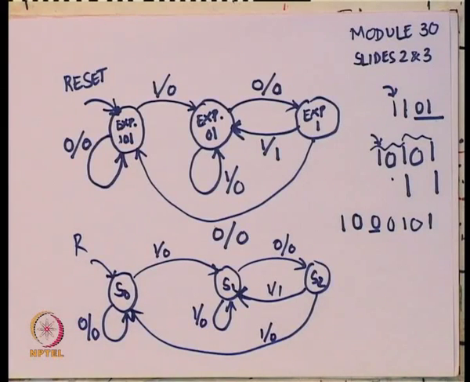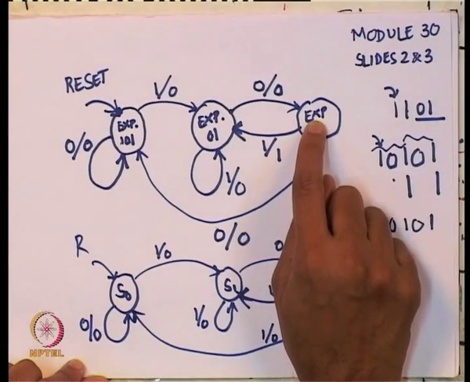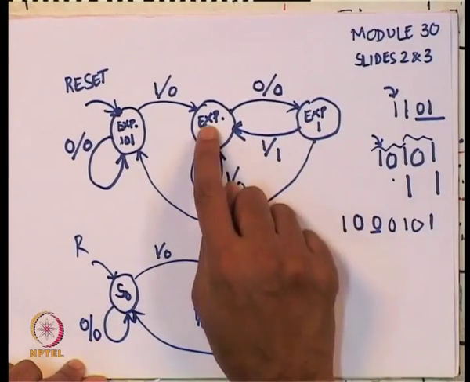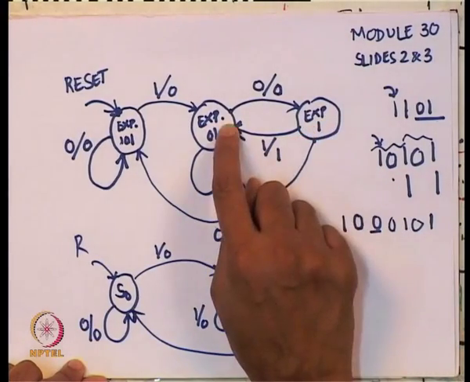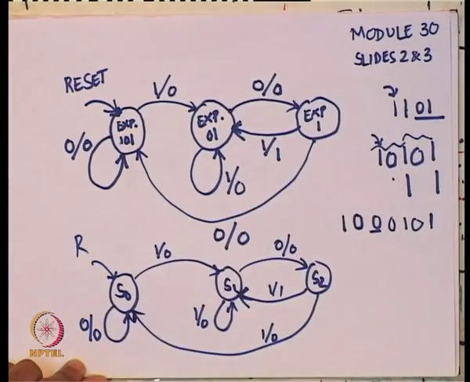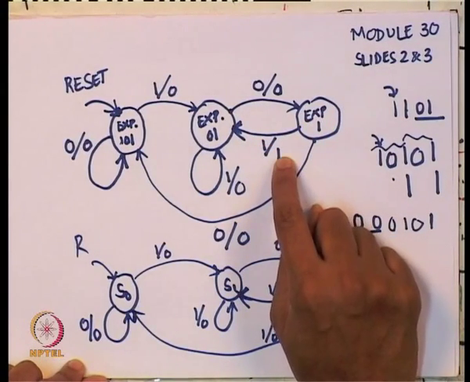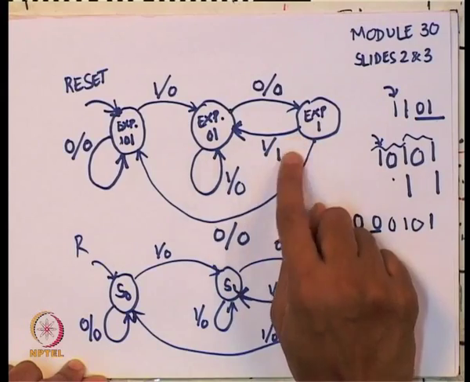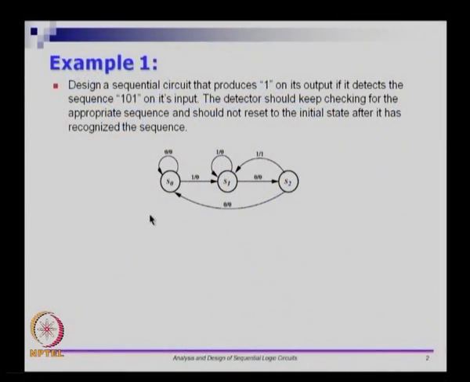Now this is a Mealy machine because the state along with the transition dictates the output. So for example, from this state, on this transition you get a 1, on this transition you get a 0. So depending on the state as well as the input, the output is decided. This is called a Mealy machine, and what we have here is a Mealy machine. So this is the Mealy machine that I did. You have the same Mealy machine described here with states S0, S1 and S2,